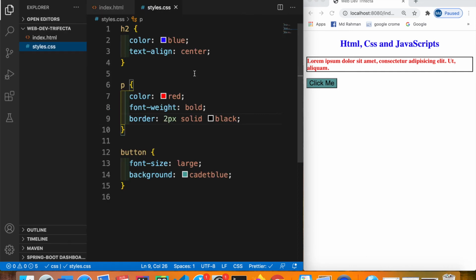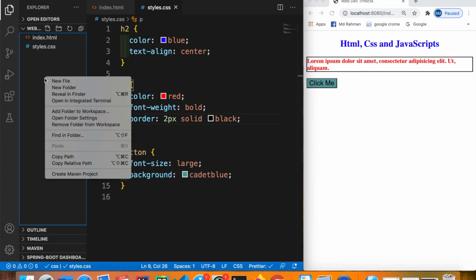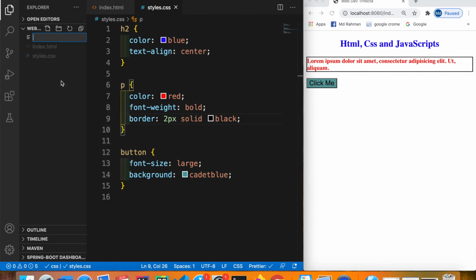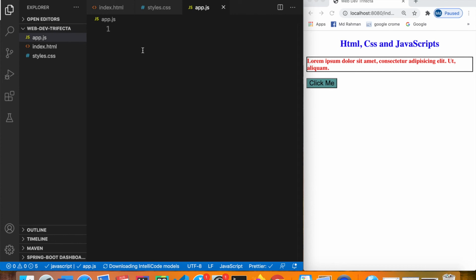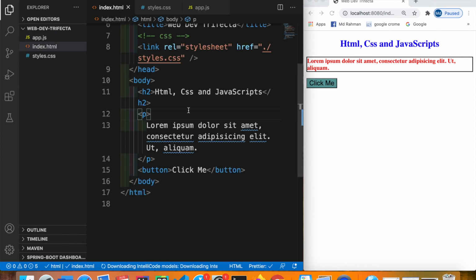I'm going to show you another technology, JavaScript. JavaScript, what does it do? It is going to make your page dynamic and interactive. I'm going to click this button and I want to see something happen. So for that, I'm going to create another file. It's called app.js. So the JavaScript file extension is .js. But what we need to do, we need to link it to the HTML,